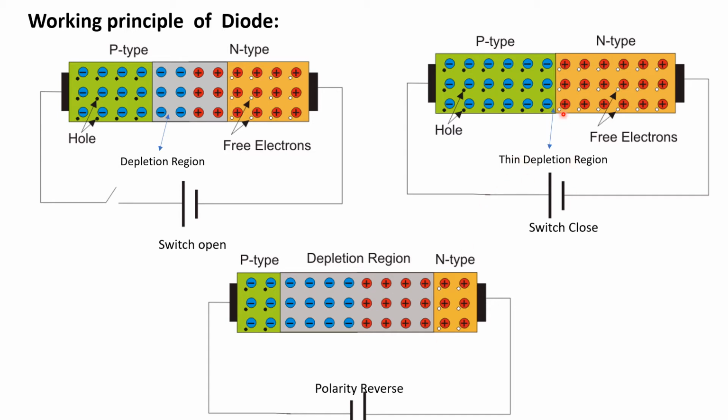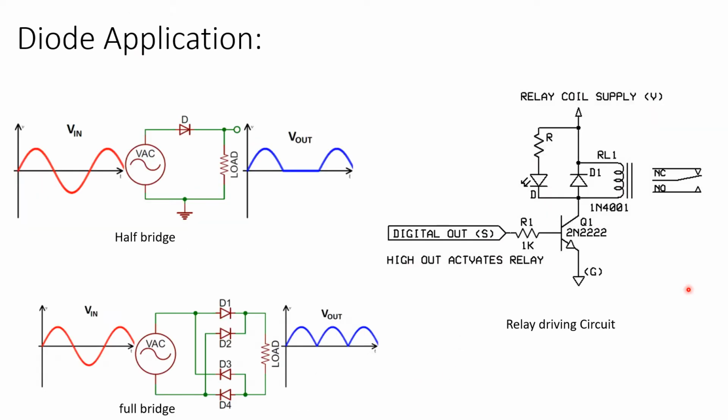If you see the first condition and second condition, this is called the diode on condition, and this condition is called the diode off condition. Now I will take you through some brief applications of a diode, and it's the most generic one. So this is the AC voltage connected in series with the diode and resistor.